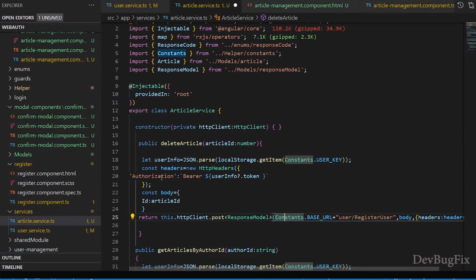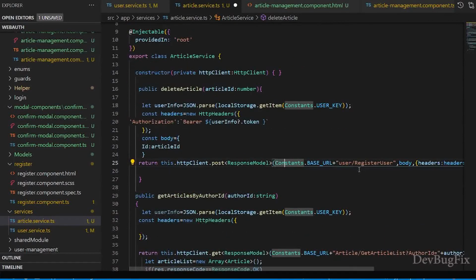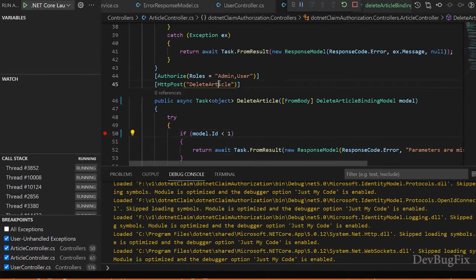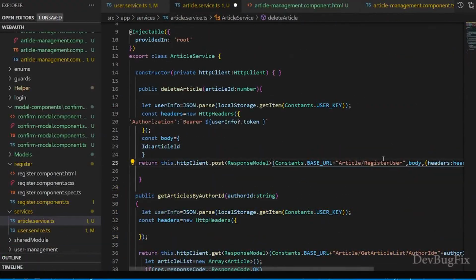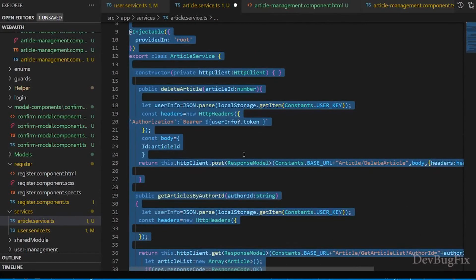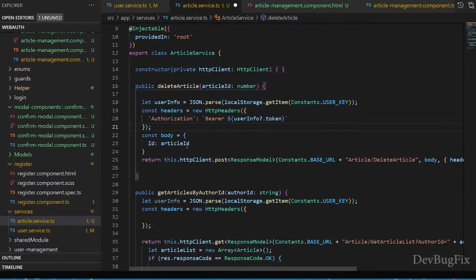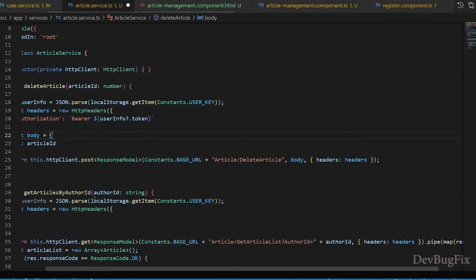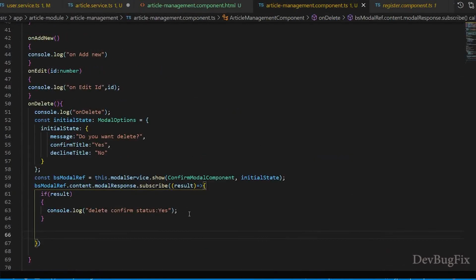Now I will update API request URL: base URL slash controller name, which is article, and slash method name. I will copy method name from here and paste here. Format this code. Now we will use this method in a article management page. Remove this console.log.